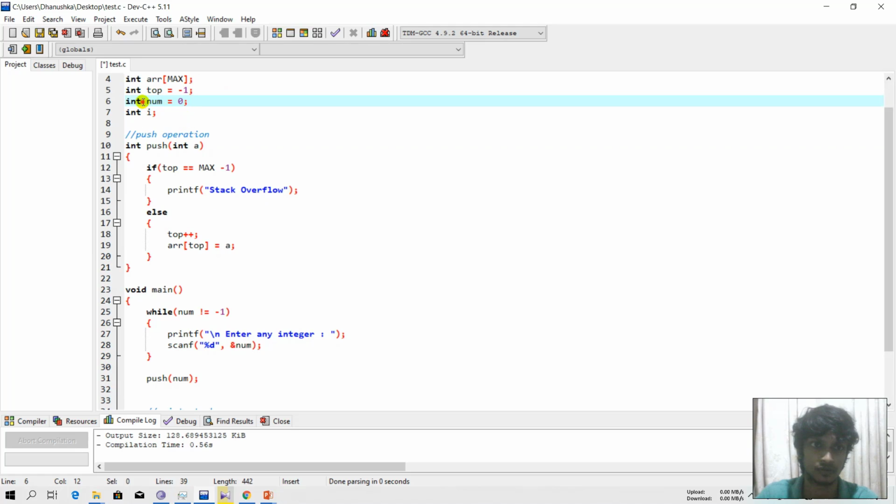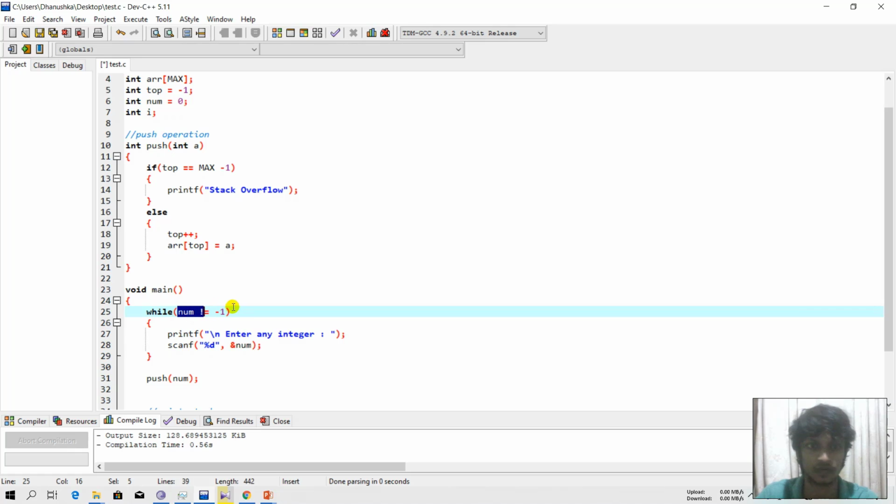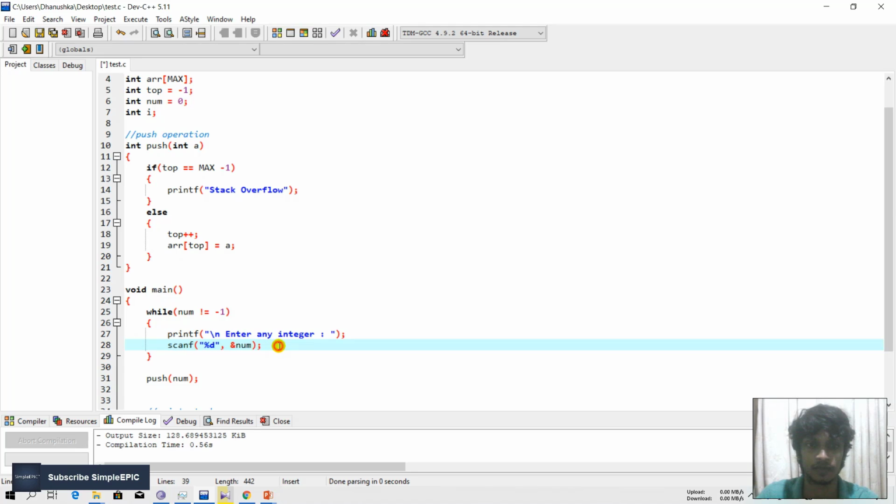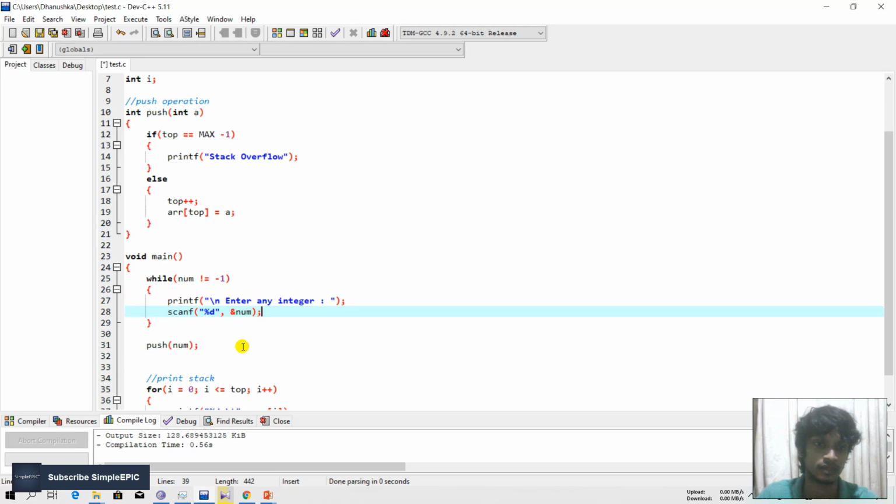So the default value is 0, and the condition will check 0 not equal to -1, which is true. Therefore the while loop will run. It will take some input from the user, and that value will be stored in the num variable.